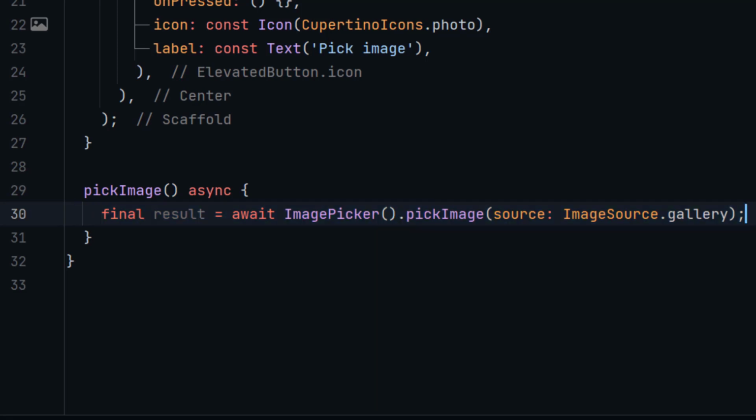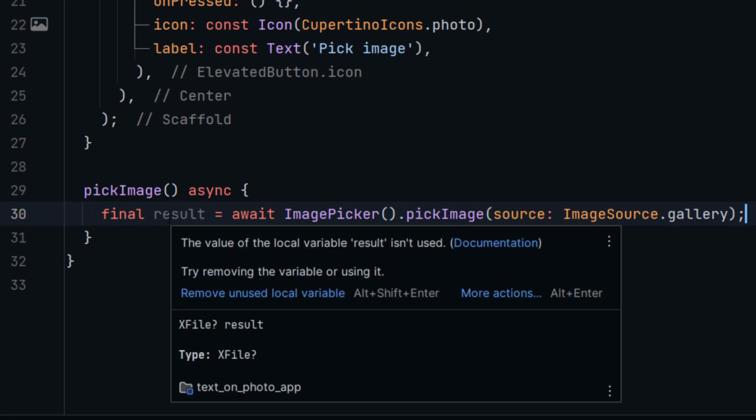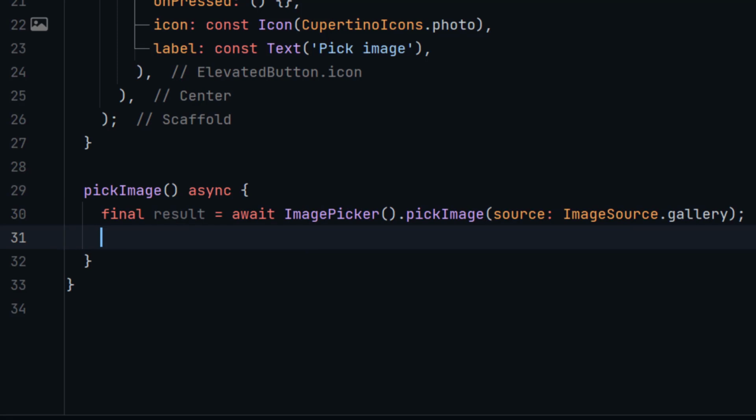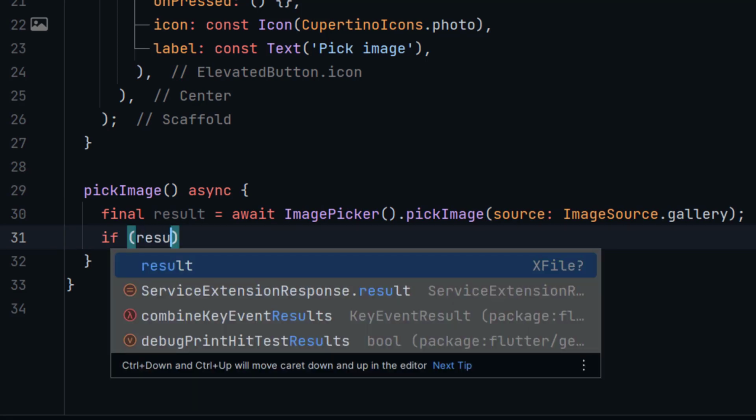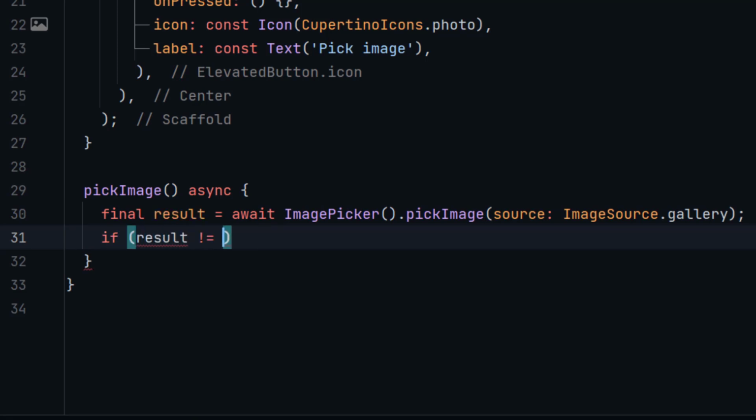After that we can execute our next step. Now it will return XFile. You can see XFile, nullable XFile. It means this file can be null, right? Because sometimes when the user opens the gallery but does not pick any image, it will return a result as null. So before using it, we need to check if result is not equal to null, then we will use it